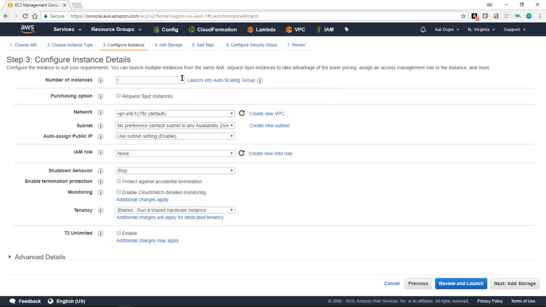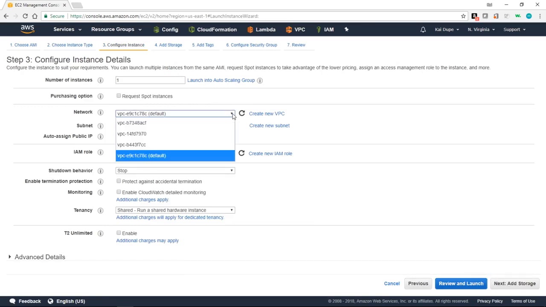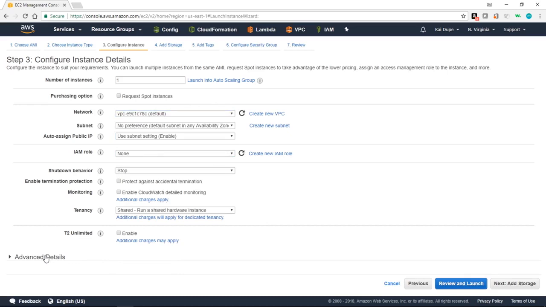And now we can add some of our instance details. How many instances do we want to launch? How we want to purchase them? Which VPC we want to launch it into? I'll select default. But the point I want to make on this particular screen, as we leave the rest of it to default, is to click on Advanced Details. And if I scroll down here a bit,